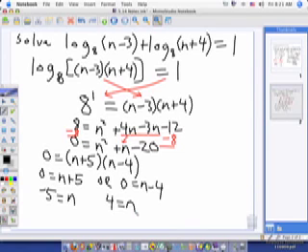What else do we need to do? Right, we need to put it back in, make sure it works. Are there either of these base 8